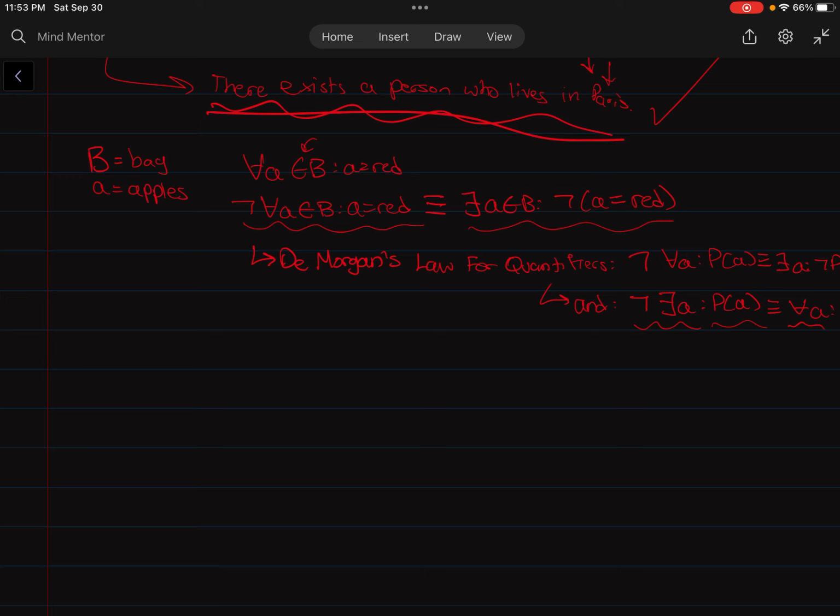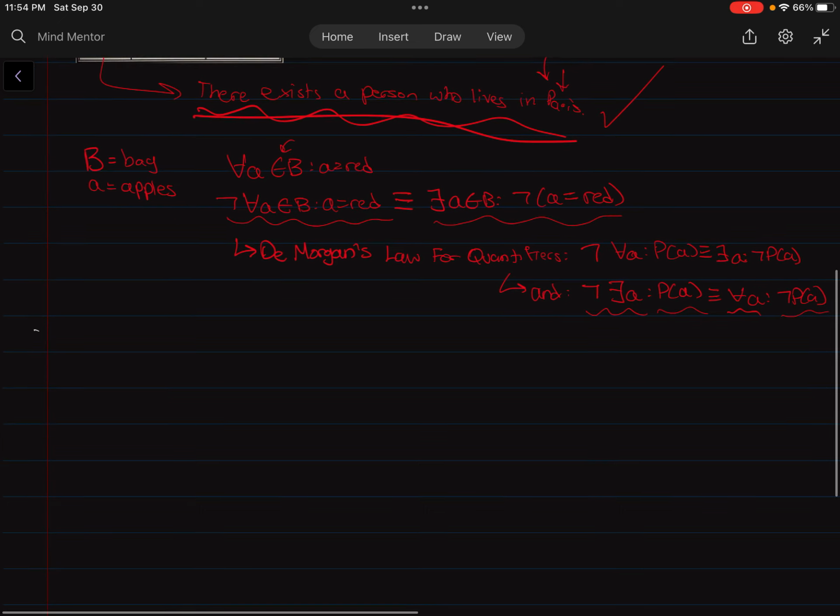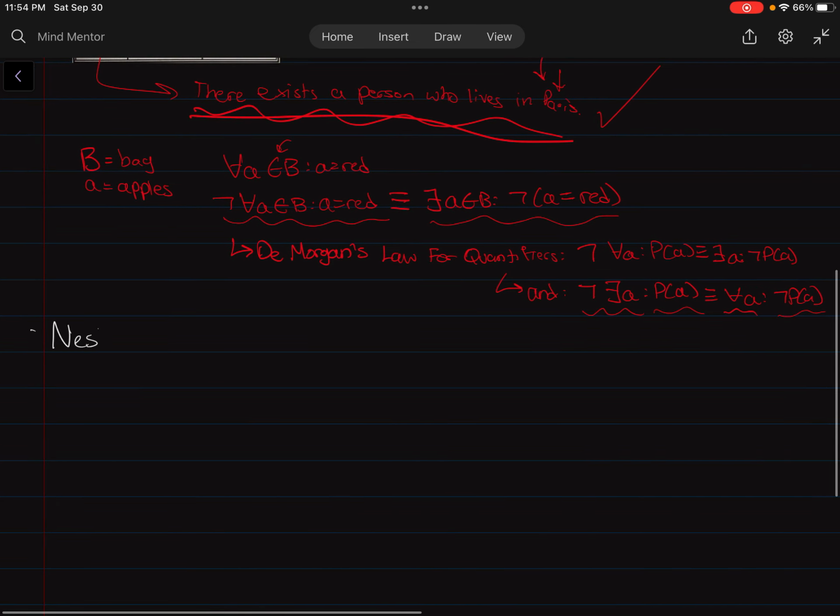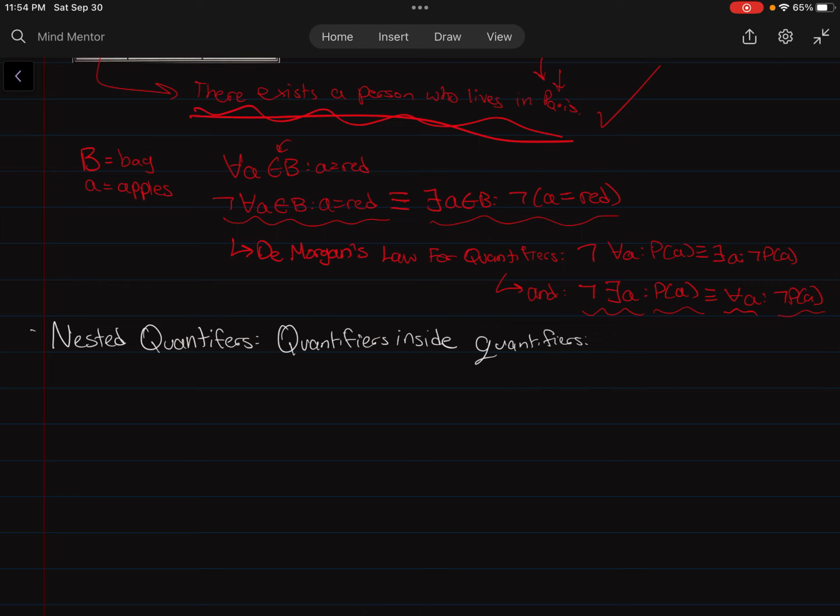So what are nested quantifiers? Again, I'll switch my marker. I think it's easier to see in white. But nested quantifiers are quantifiers inside quantifiers. So, if we have something like